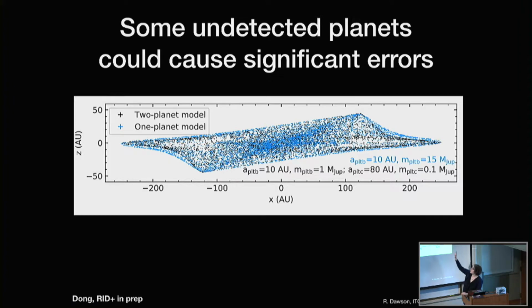And if we just look at the 2 warped features, they're fairly similar, and if we said, okay, we see a planet at 10 AU, it must be 15 Jupiter masses. If we were instead in the black case with that other planet, it's actually 1 Jupiter mass. So now we've got the mass wrong by a factor of 15. Again, though, luckily, DJ's finding that this is only a small part of parameter space that gets afflicted when we detect one of the planets.